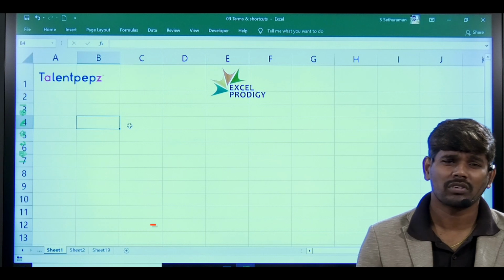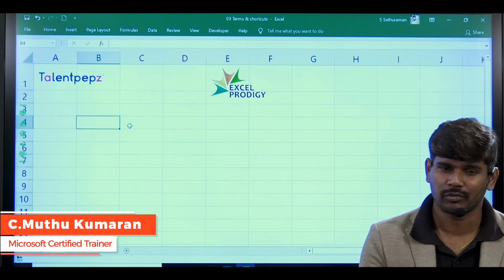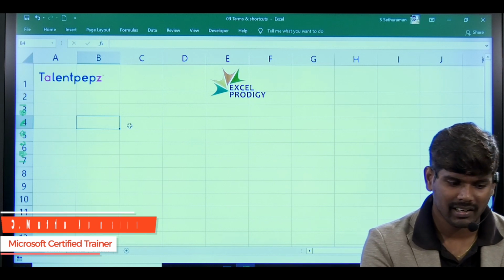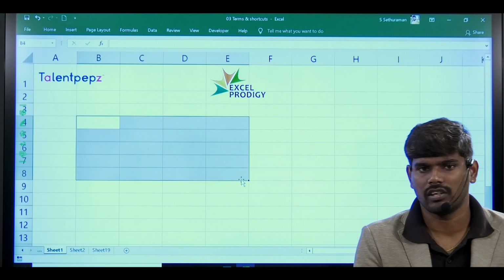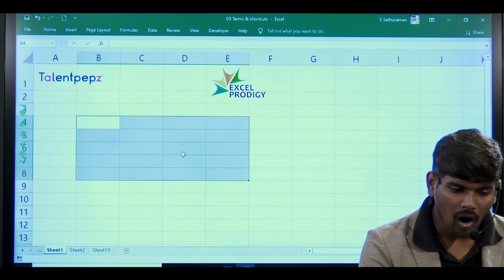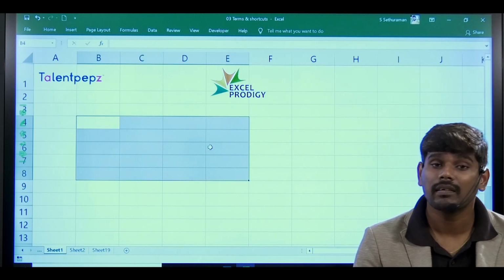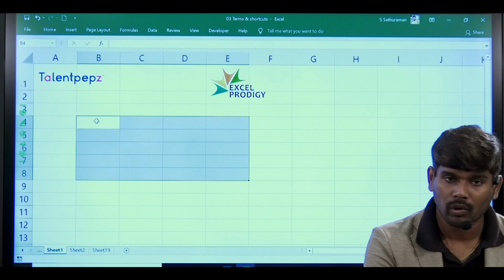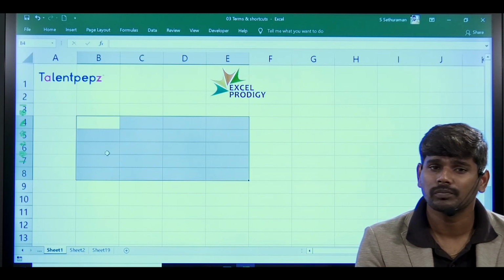We can discuss data handling. We have discussed a lot of shortcuts for the terms, right? Now, data. This is the cell, and this selection we have termed a range. Our expectation is that in all these cells we need the same value. If I want to type A in all the cells, what will we do?